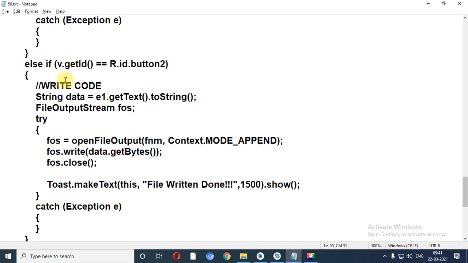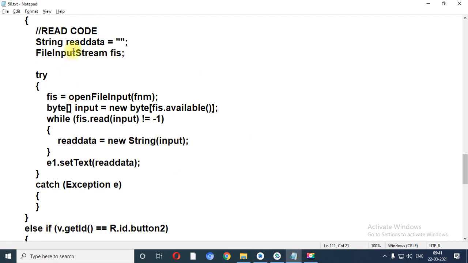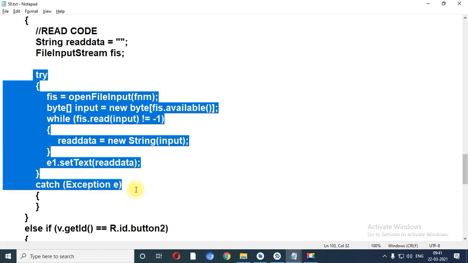Instead of file output stream, my requirement is to create the object of file input stream. Now see, reading is only possible if something is there in the file. So for example, if your file is not available, or if you give an improper file name, at that time it will generate an error.